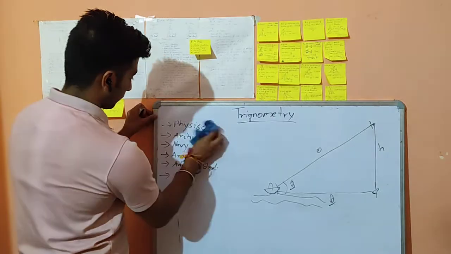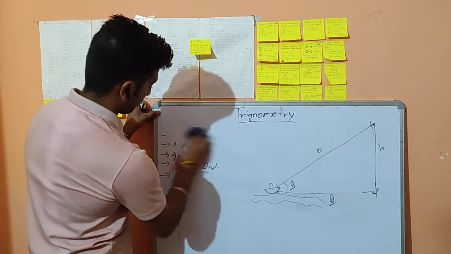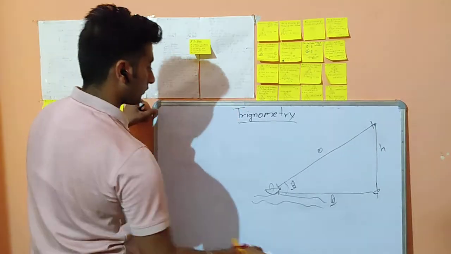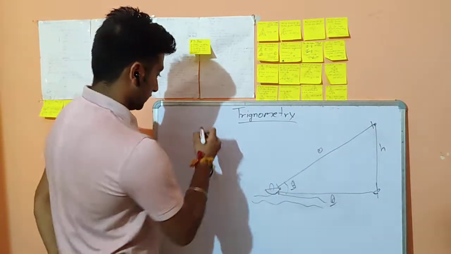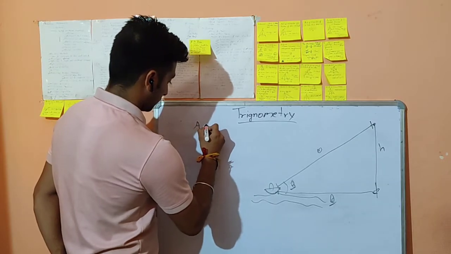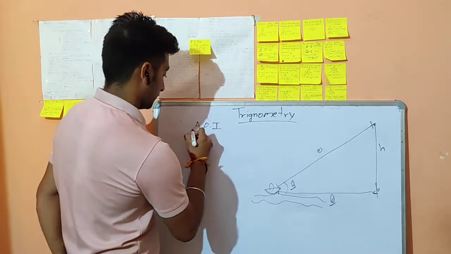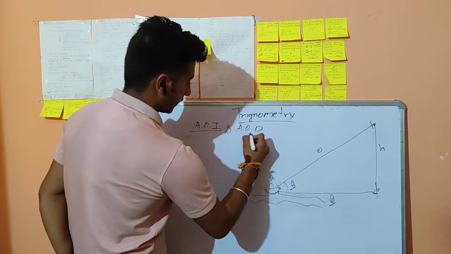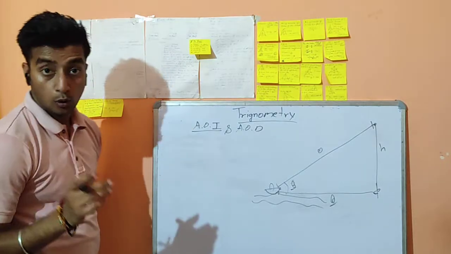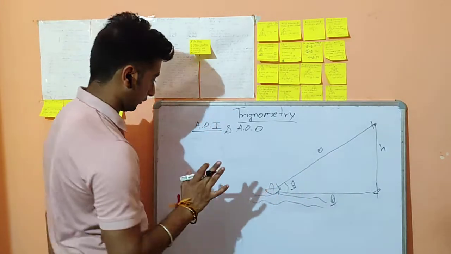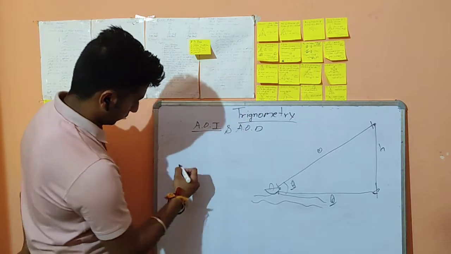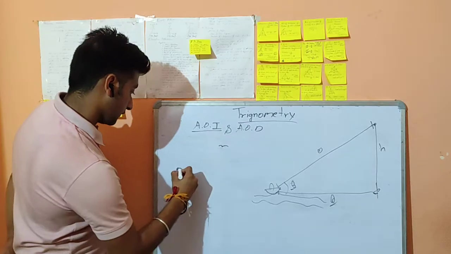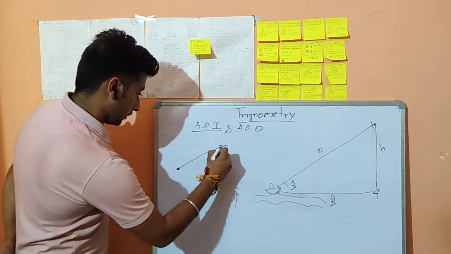Angle of inclination, and angle of declination. There are two terms. What are these? Very simple, no need to worry. Angle of inclination is, suppose you are here, you see a bird over here. See? Now if you look at that bird,